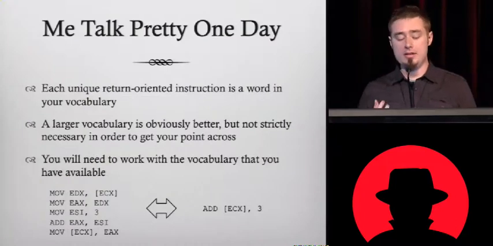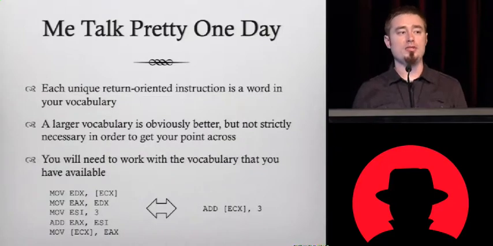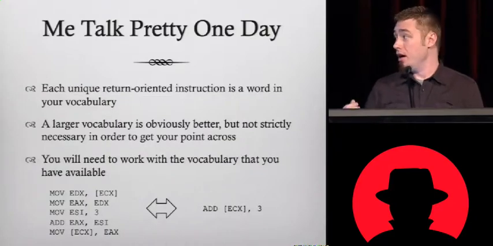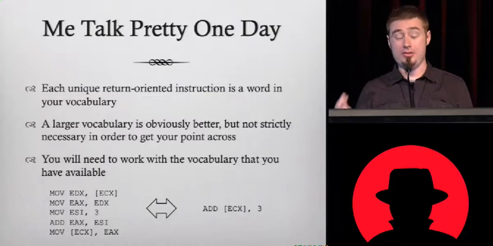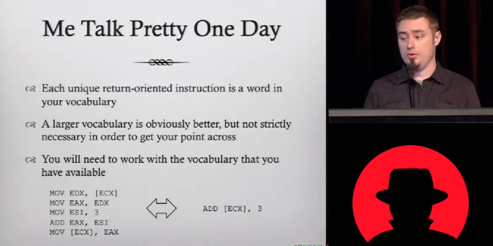And one of the things to keep in mind is that you'll occasionally have to do workarounds. Because you are being very opportunistic about what instructions are actually available, you might not have the exact instruction that you need, so you will have to string together a sequence of available instructions that perform the